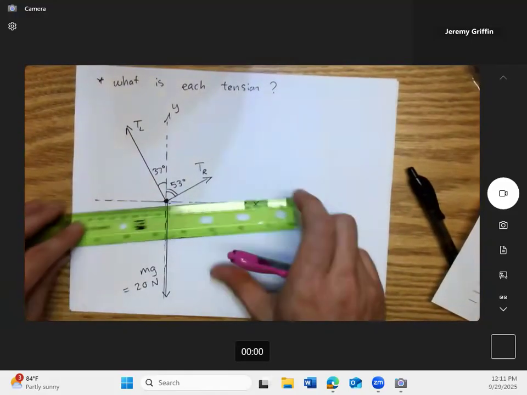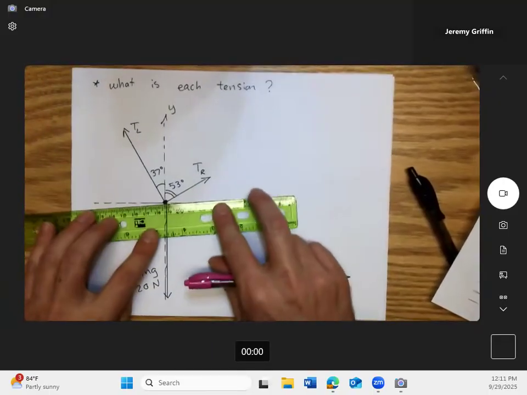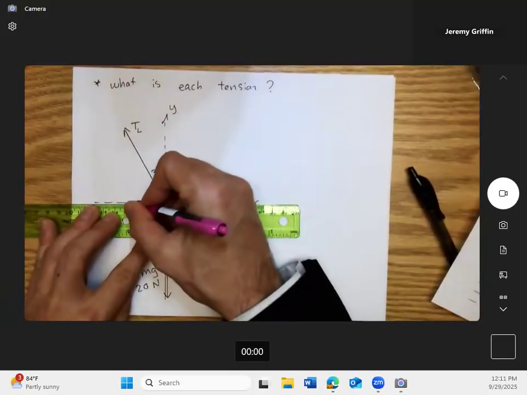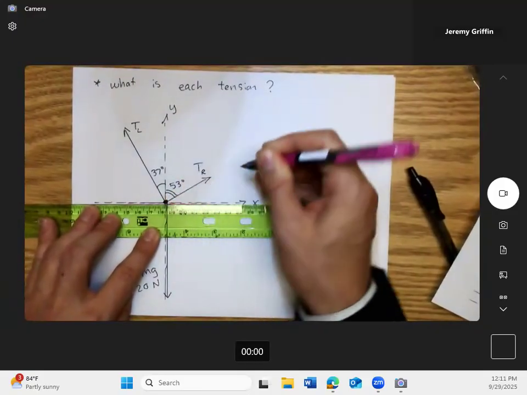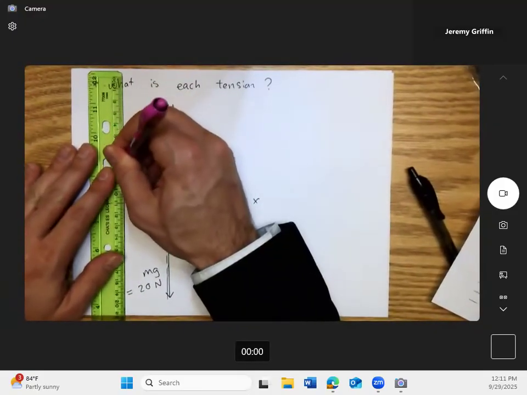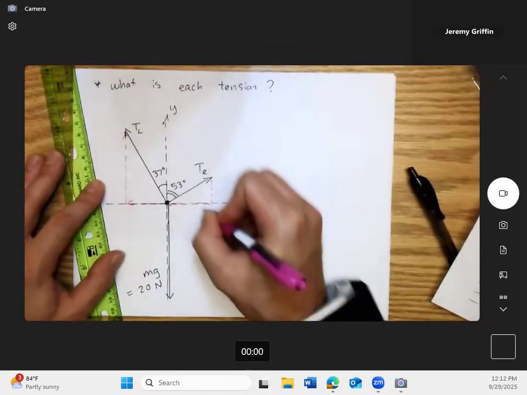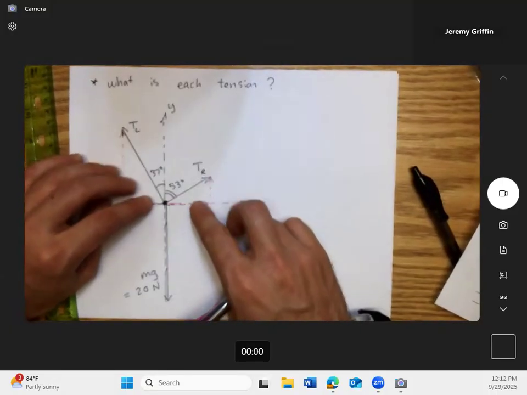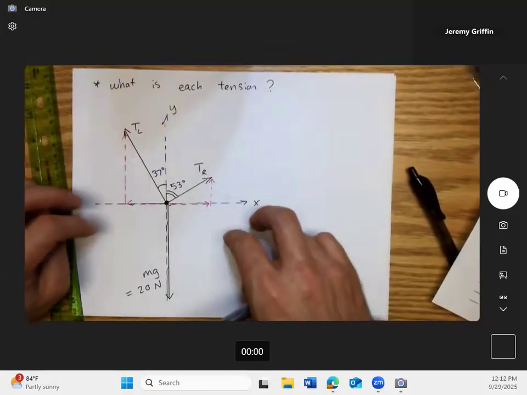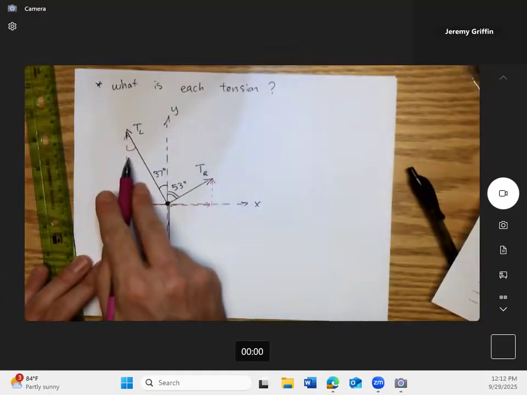All right, now let's split these tensions into... I should have asked you guys, what do you do next? Make them into right triangles. Yeah, components, right triangles. I like the right triangle method myself. Draw a right triangle. So how much left and how much up? And how much right and how much up? The little arrowheads. Guys, notice I dashed those components so I'm not double counting them. There are really only three vectors: one weight and two tensions. So by dashing them, I'm specifying those components. Ooh, guys, what is this angle up here?